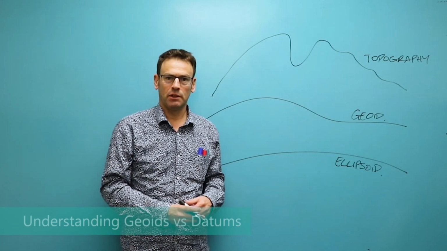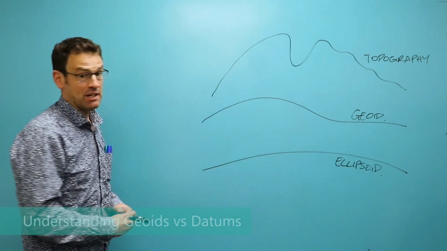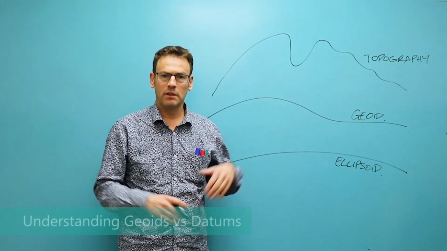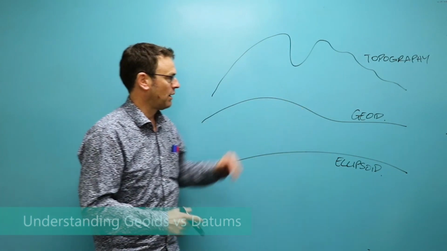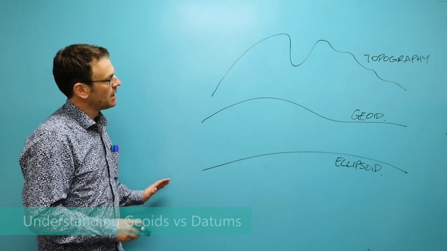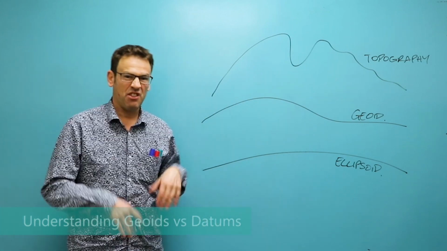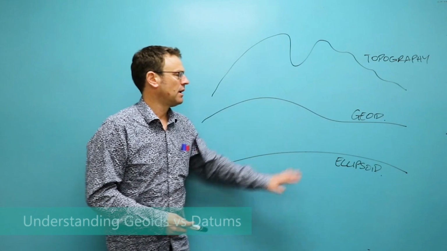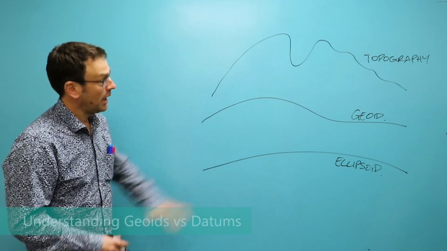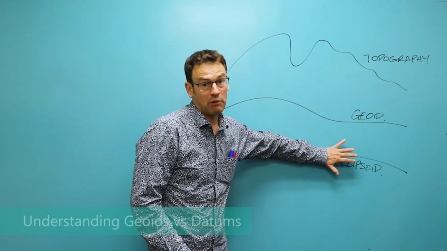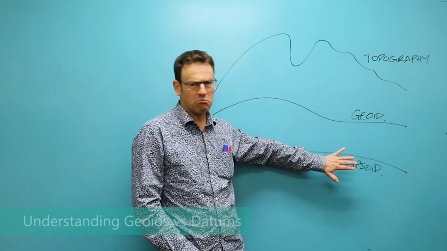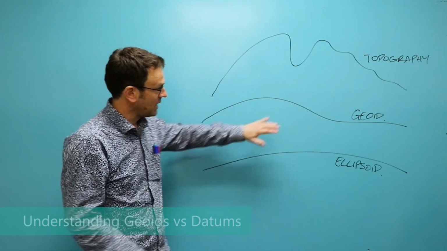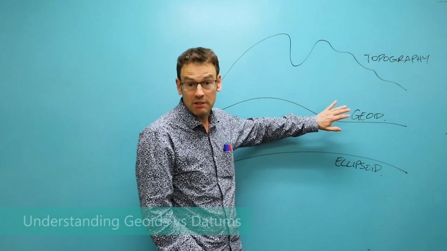Picture Kevin Costner in Waterworld, where there's no land and the water, free from any other contributing factors, is allowed to form a shape. The ellipsoid is a theoretical mathematical approximation of the Earth. We'll come to that shortly. In the old days, this wasn't so relevant. It was really only used to define 2D map projections. And all the surveying techniques in the past were all gravitational based, so we didn't really need to worry about